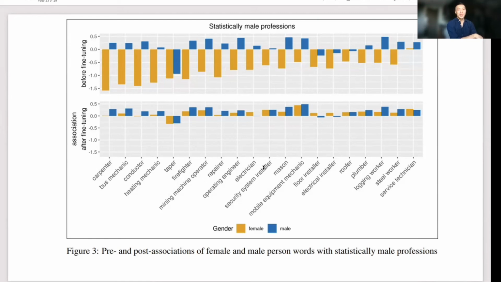Usually they are stereotypically very manly occupations. So if you look at the result from the figure, the top one, you can see that it's very biased, right? So it favor one gender over the other when you look at the association. Okay, so that's not good.